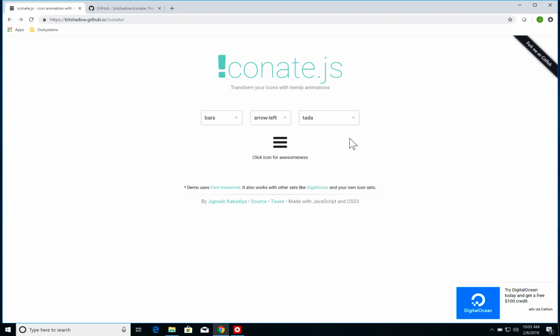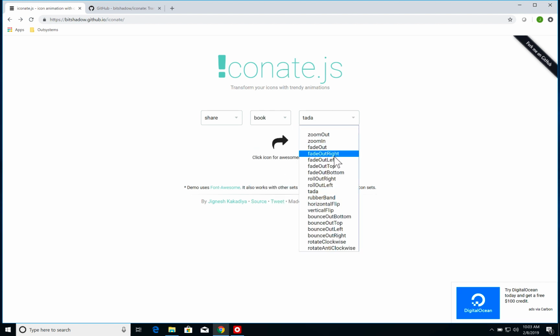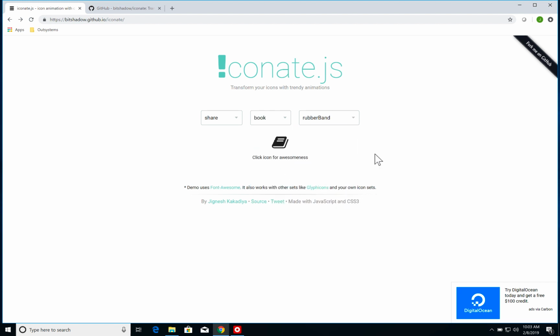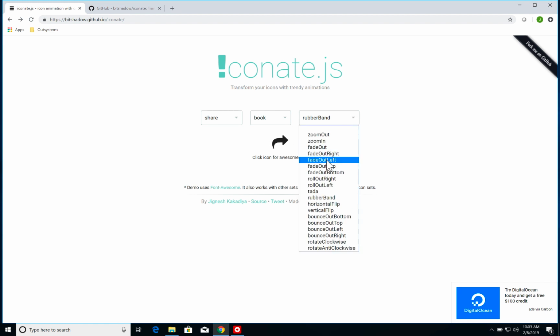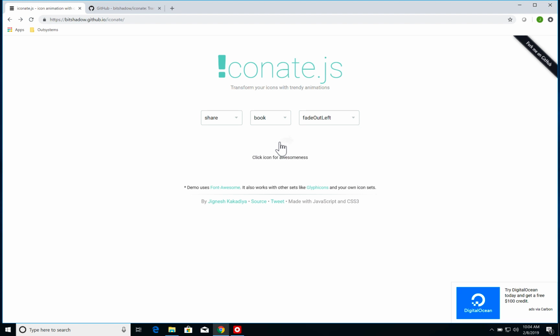So on the Iconate website itself, you already have a demo showing how the plugin works and how to use it. Over here I have a small set of icons that I can test. So let's say share and then book, and the animation I want to do, let's do rubber band. When I click, you can see that I have the rubber band animation switching back and forth between the share and the book icon. If I choose another animation, fade out left, for instance, I have a different